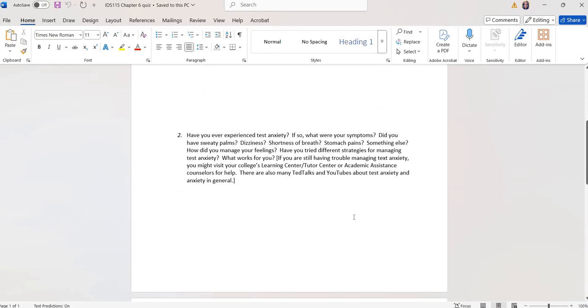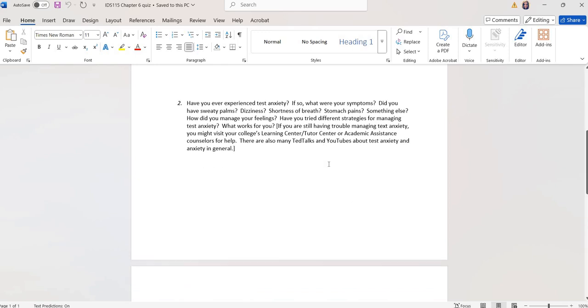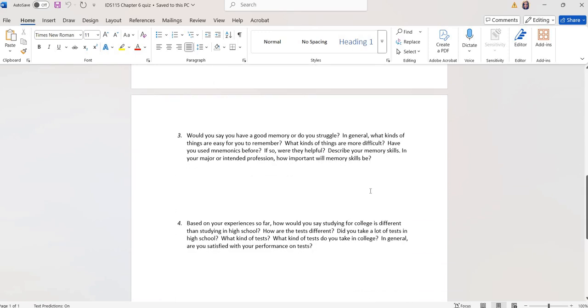Question 2 is talking about test anxiety. If you've ever experienced it, what does that feel like? Have you tried to manage that test anxiety? What strategies have you used? What works well for you? Maybe what doesn't work for you? So it's all about test anxiety. Question 3, would you say that you have a good memory or do you struggle with things? What is easy for you? What's difficult for you? Have you used mnemonics? So just basically talk about your memory skills and how memory is going to be, what role it will play